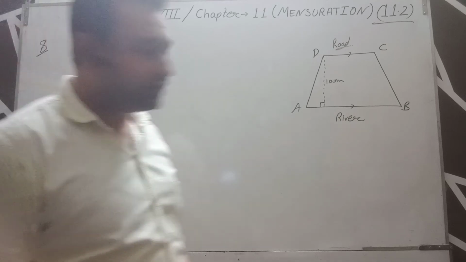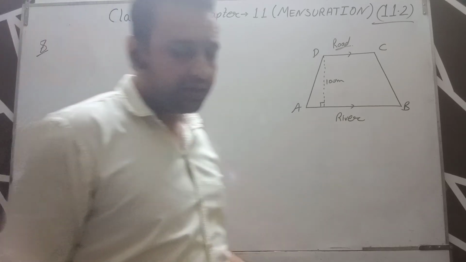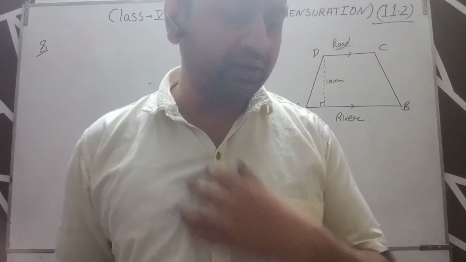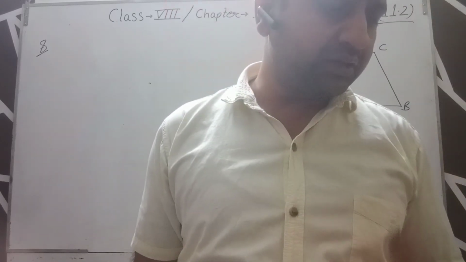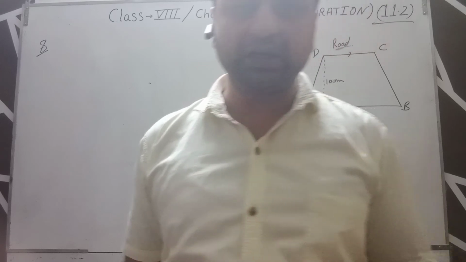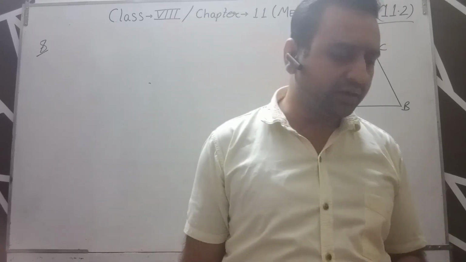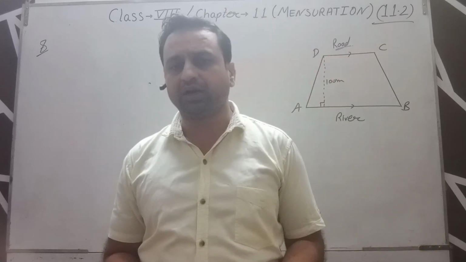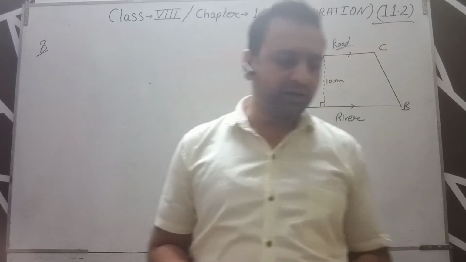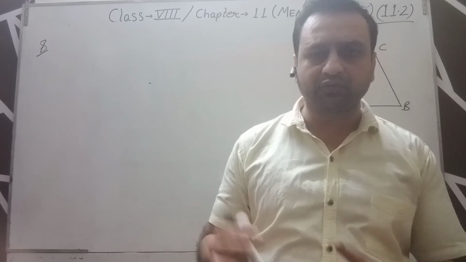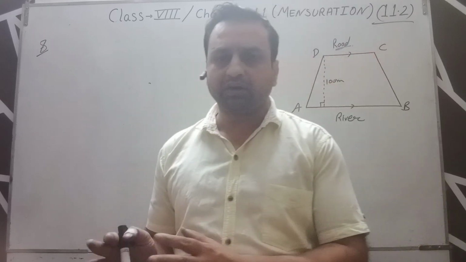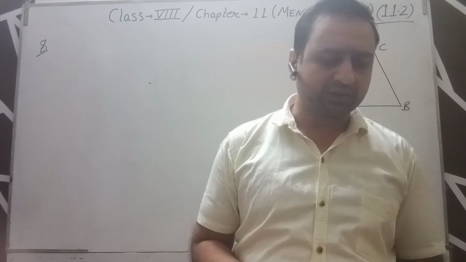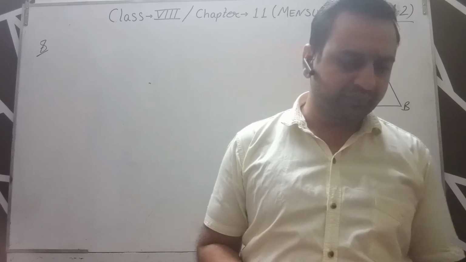Okay students, now we discuss question number 8. Actually question number 7 is very easy, you can try yourself. In question number 7, there are 3000 tiles and the shape of each tile is a rhombus, and the diagonals of the rhombus are given. So we have to find out the area of the rhombus using half into product of diagonals and multiply by 3000. So we have to calculate the total area of 3000 tiles, and after this multiply by the rate, then we have to find out the total cost.